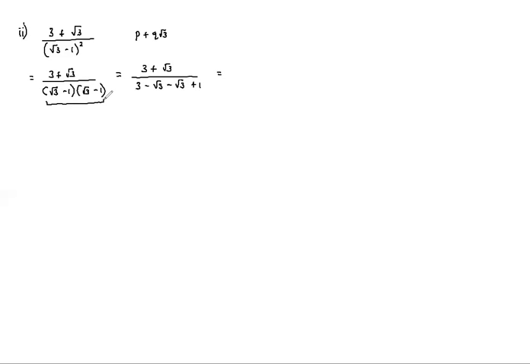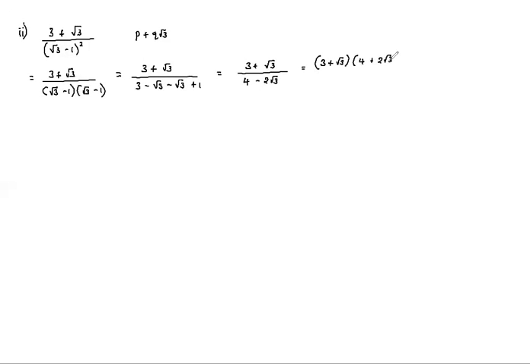Don't even expect that something will cancel or make that mistake, no? Then now you have 3 plus root 3 over 3 plus 1, you get 4, minus 2 root 3. Then this becomes 3 now, root 3. You now rationalize. What do you rationalize? The denominator